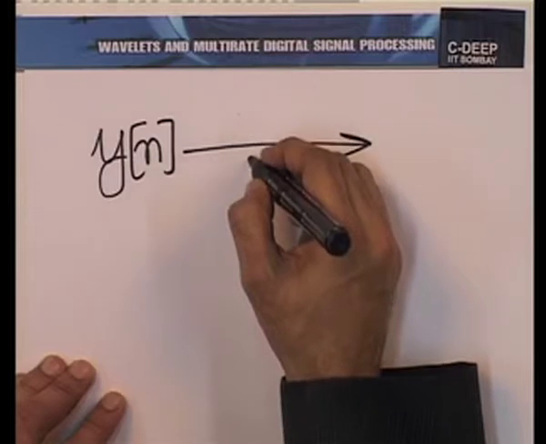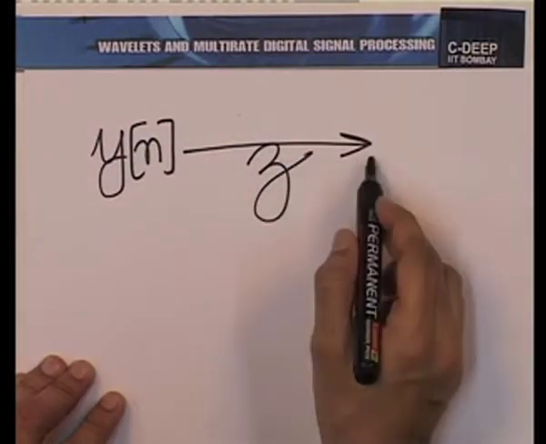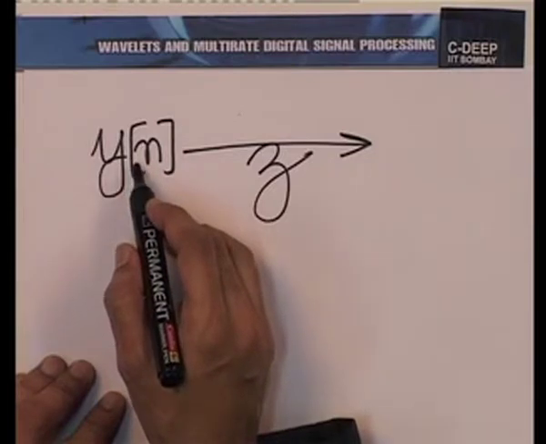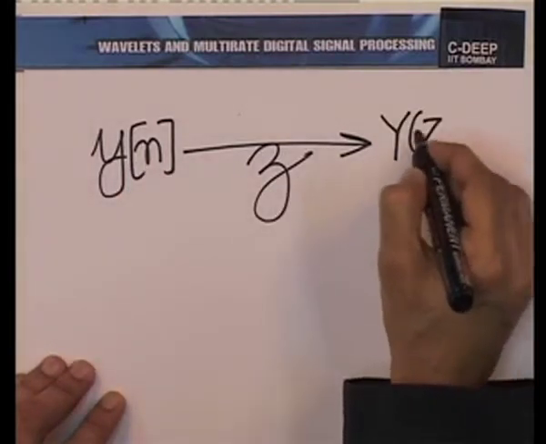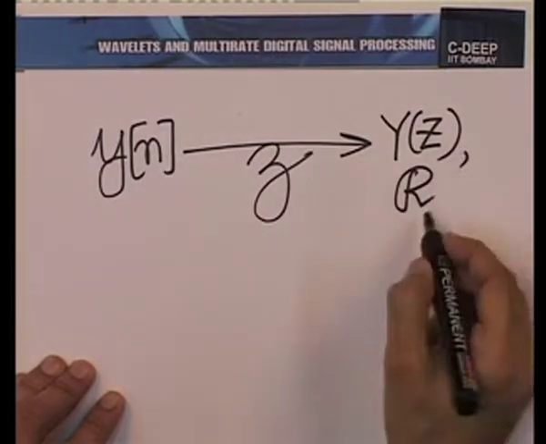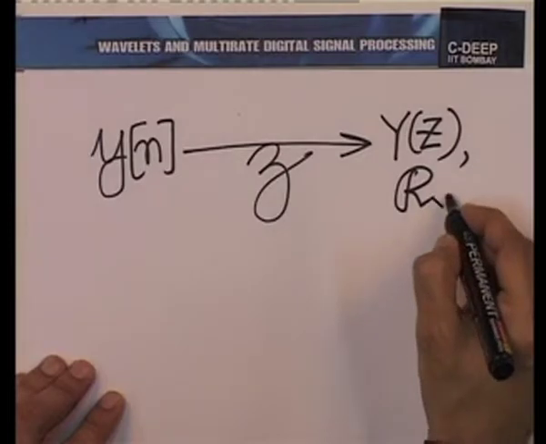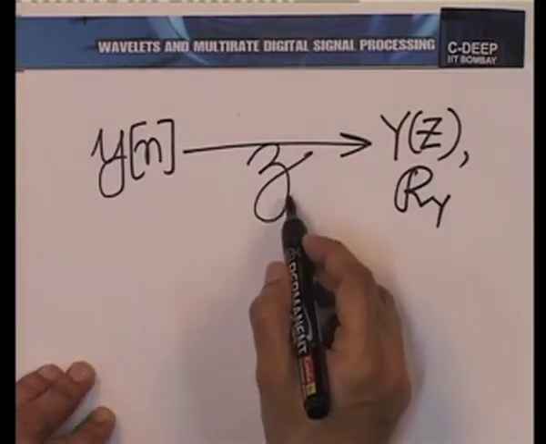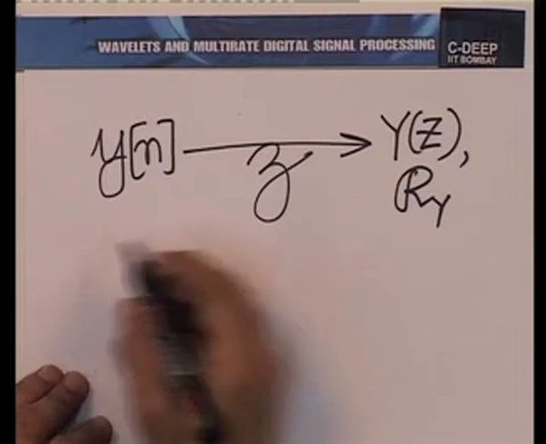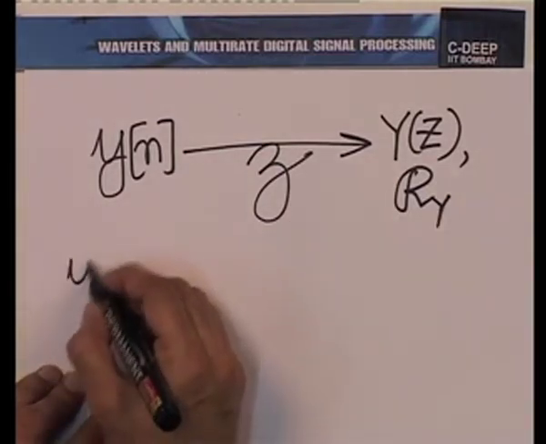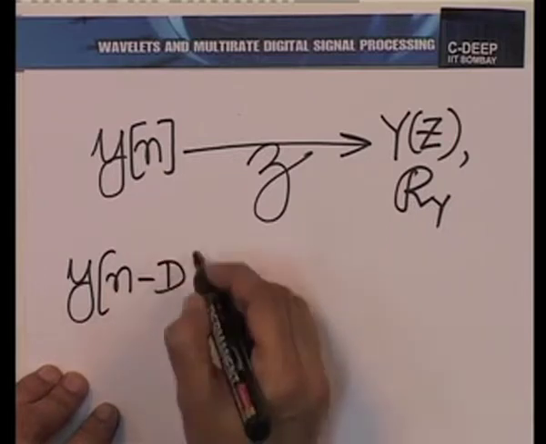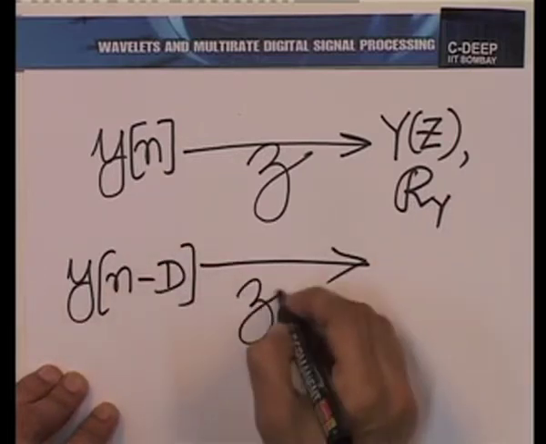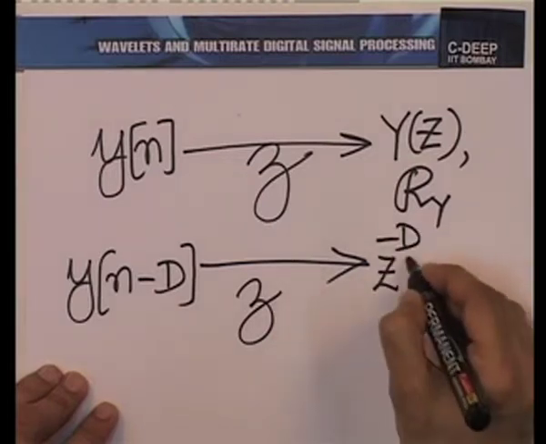So, if y[n] has the z transform, which we shall denote by script Z like this, what we mean is that y[n] has the z transform given by Y(z) with a region of convergence R. Maybe if we want to be specific, we could say the region of convergence of capital Y. So, if y[n] has the z transform Y(z) with a region of convergence R_y, then y[n minus d] has the z transform given by z to the power minus d times Y(z),